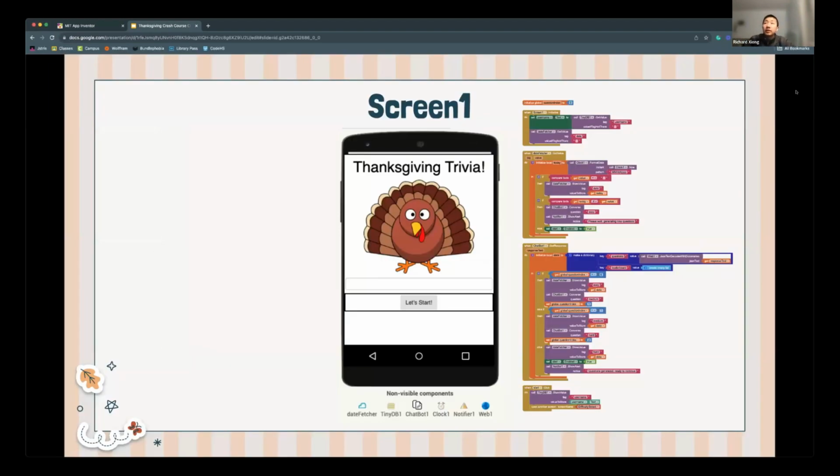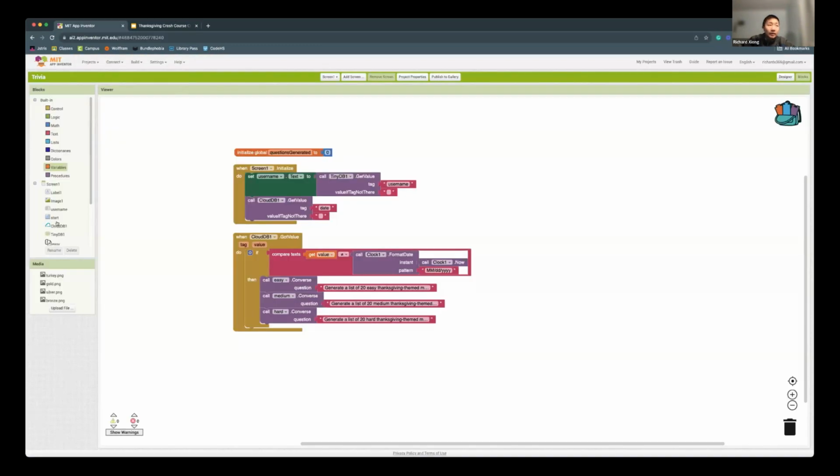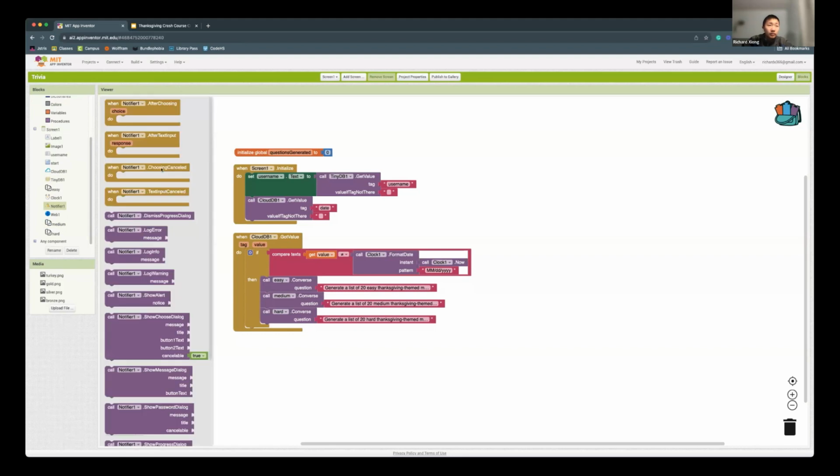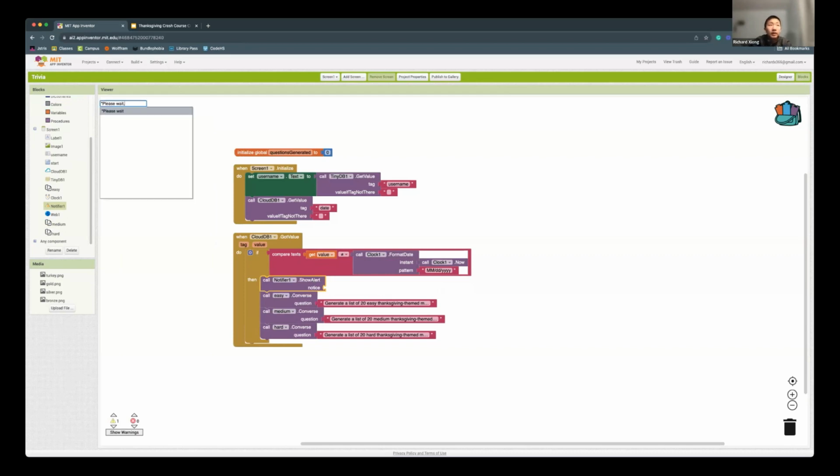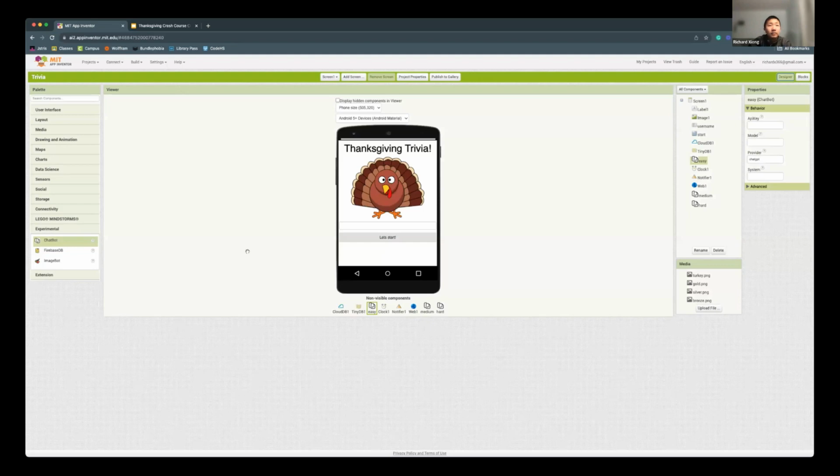And because we're generating questions, this will take a bit of time. Let's ask our notifier to show us some text, just saying, please wait, we are generating questions. And because we want to make sure this happens, let's start the start button as disabled so that they can't click on it until it's done. And because we do that,